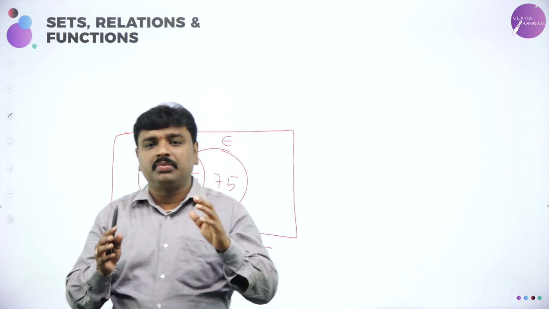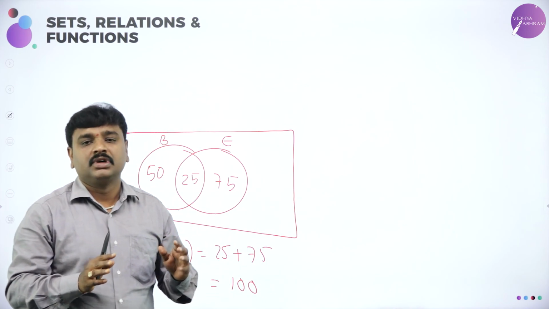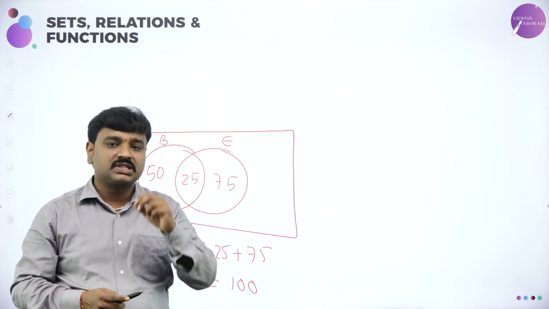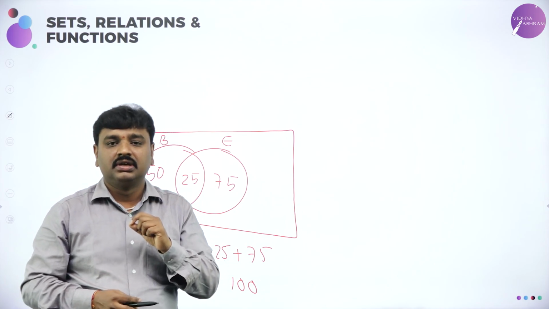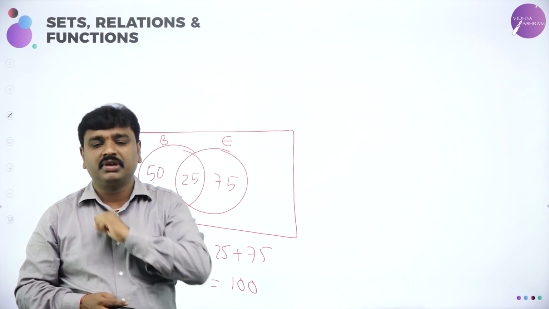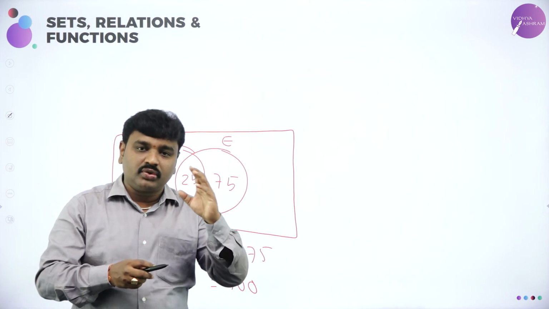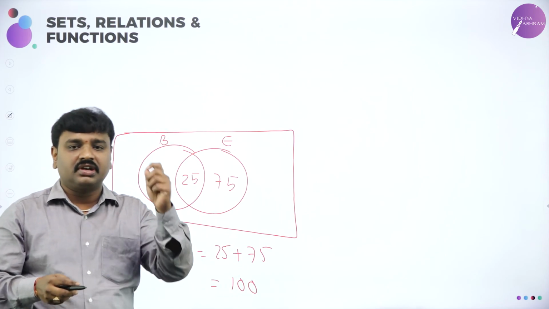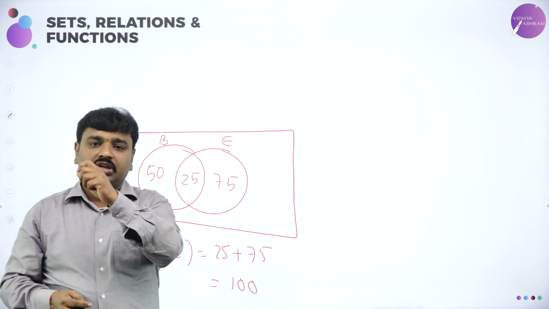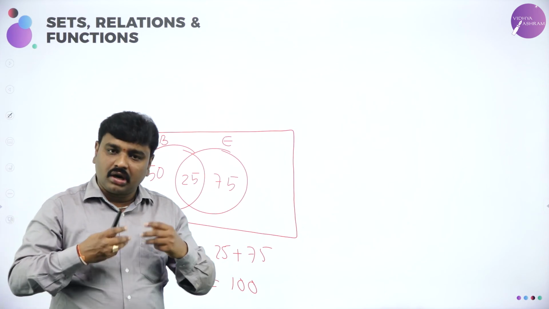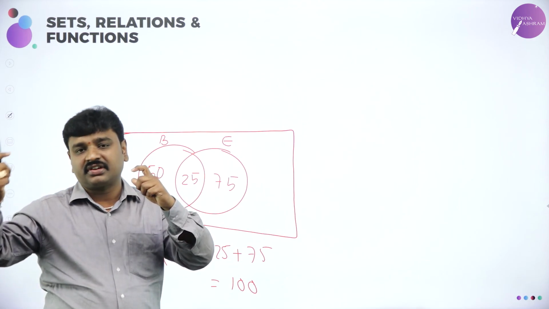So all the 8 problems given in the exercise have been completed. So my dear students, sit and revise them. You can do every problem by 2 methods. One is the cardinal number relation method, that is n of A intersection B is n of A plus n of B minus n of A union B. The other one, n of A union B is n of A plus n of B minus n of A intersection B. Like that you can use cardinal number relations.